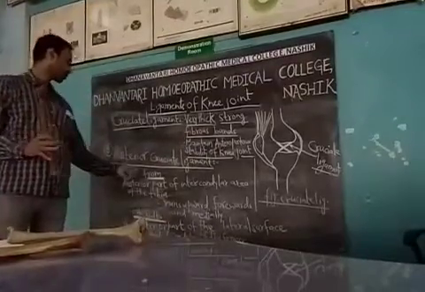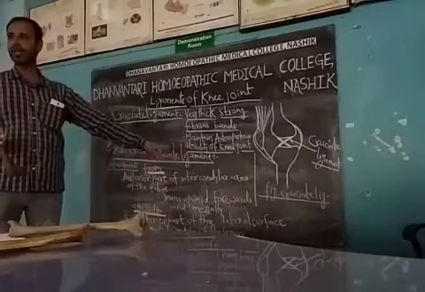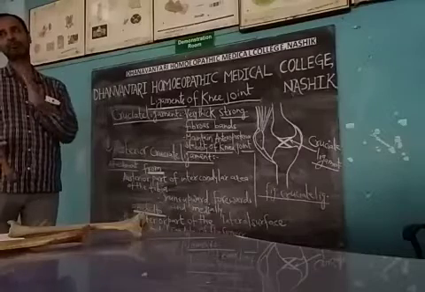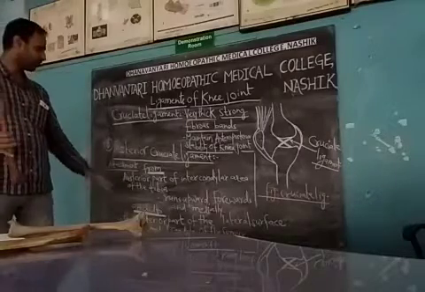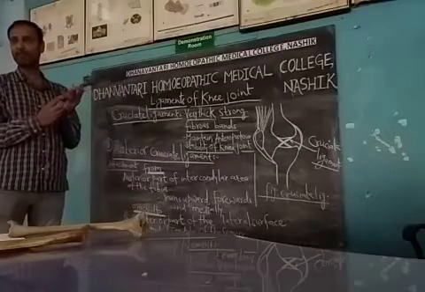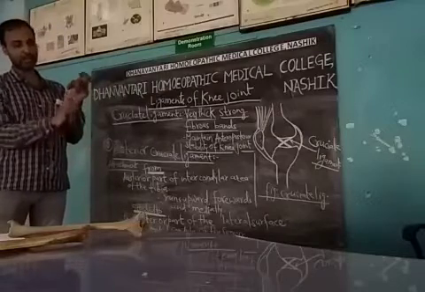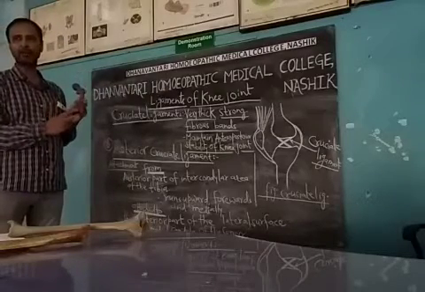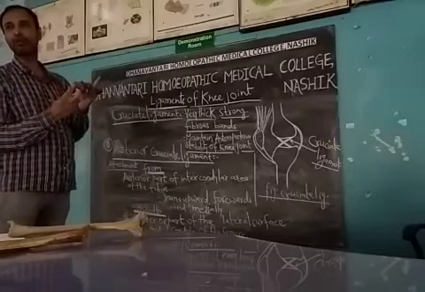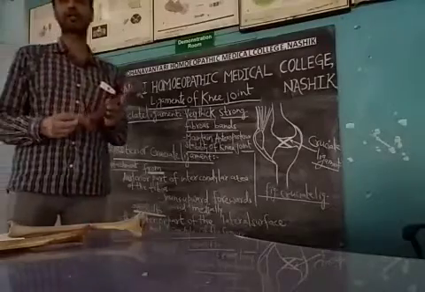So this posterior cruciate ligament is attached from the posterior part of the intercondylar area of the tibia. It runs upwards, forwards, and medially. And for the attachment to the femur, as I have said, the medial condyle. Because from posterior it comes to the anterior, crossing, it is the anterior part of the lateral surface of the medial condyle of the femur. So this is about its attachment.